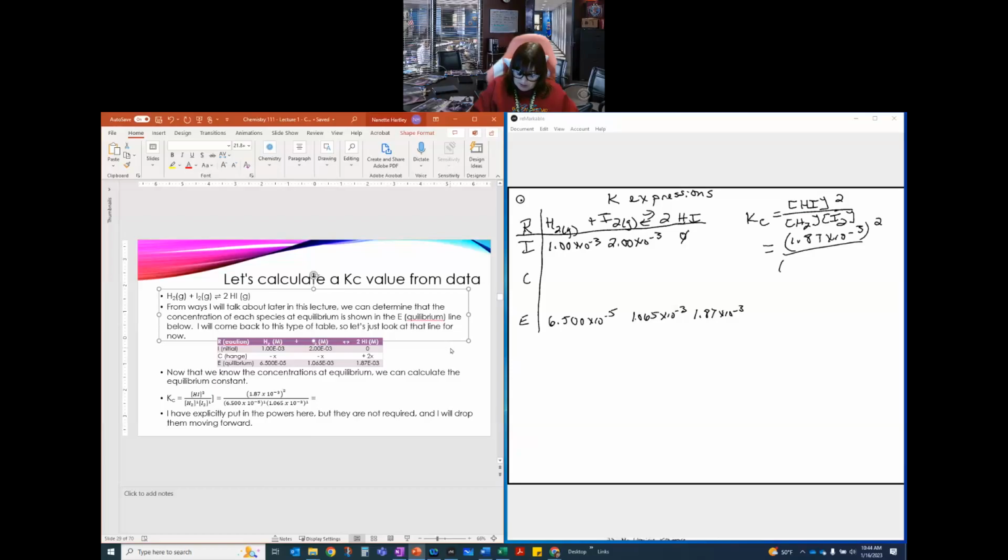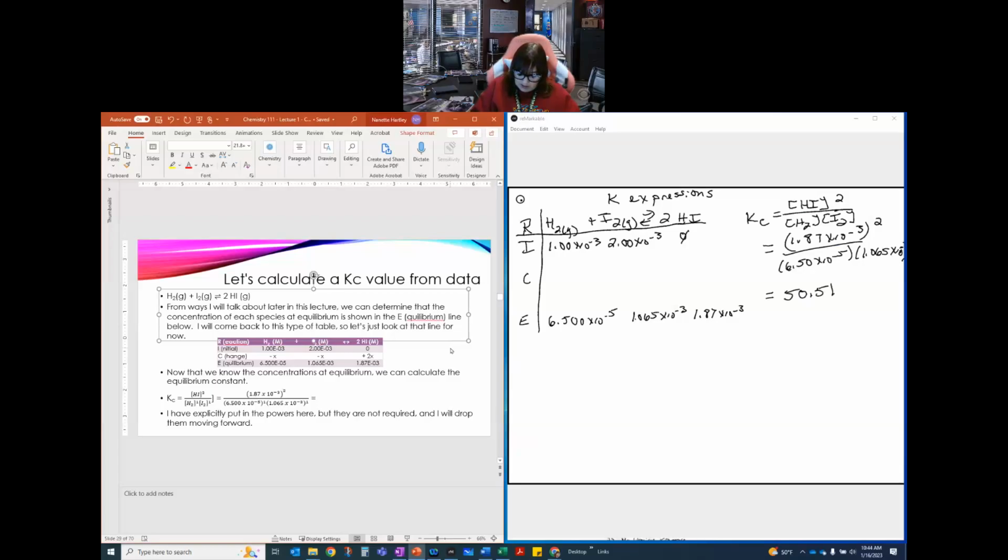We're going to divide that by 6.50 times 10 to the minus fifth, and 1.065 times 10 to the minus third. Badly written, not enough space. Yeah, I know. If I do that math, then I end up with